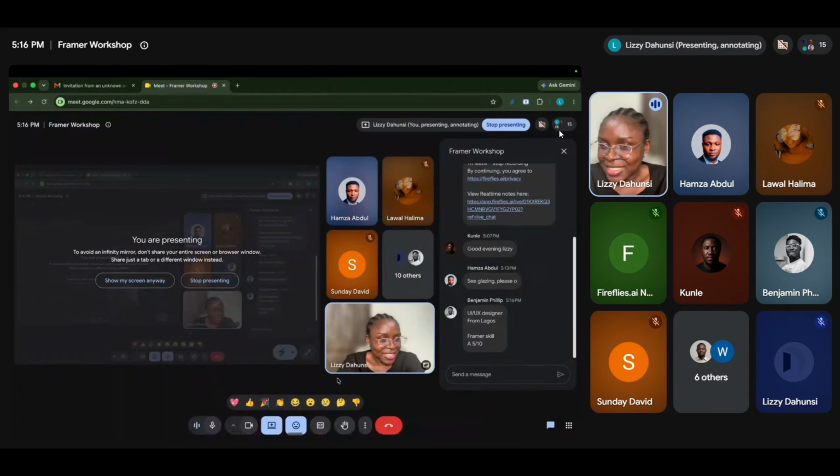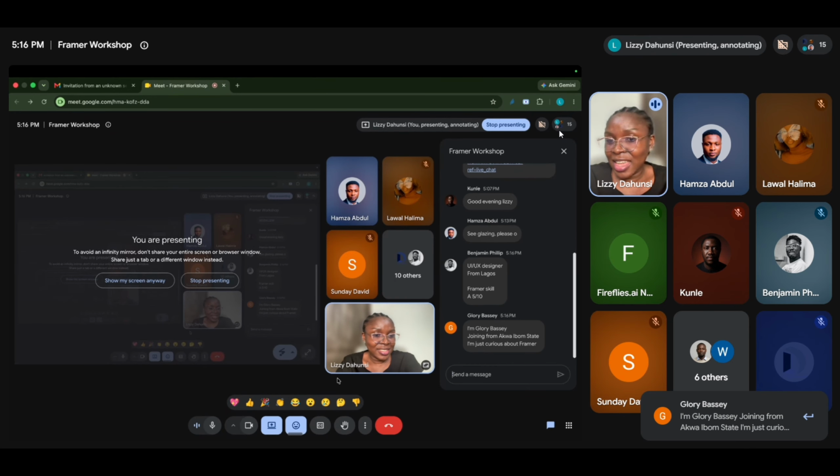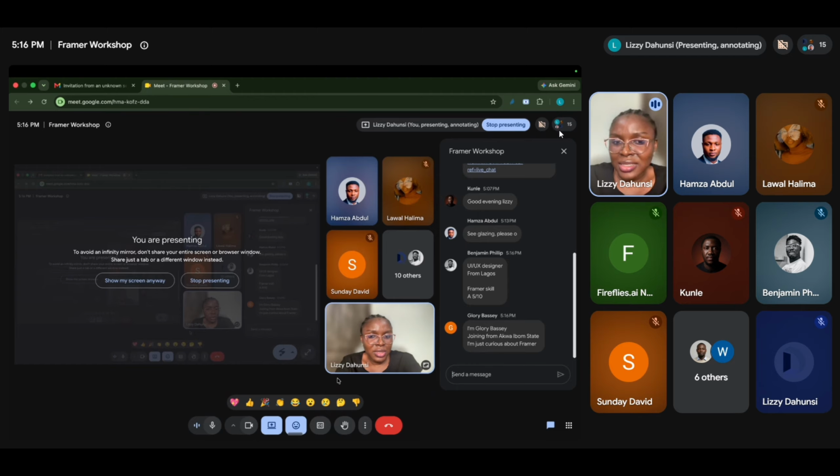Okay, 5/10. I can see somebody that says 5/10. Who else? My Figma skill, honestly, is also 5/10. So I'm not even going to lie. It's one of the reasons why I said I know we really need this conversation. Okay, I can see someone say they are just curious about Figma. Yeah, good. That's a good place to be.